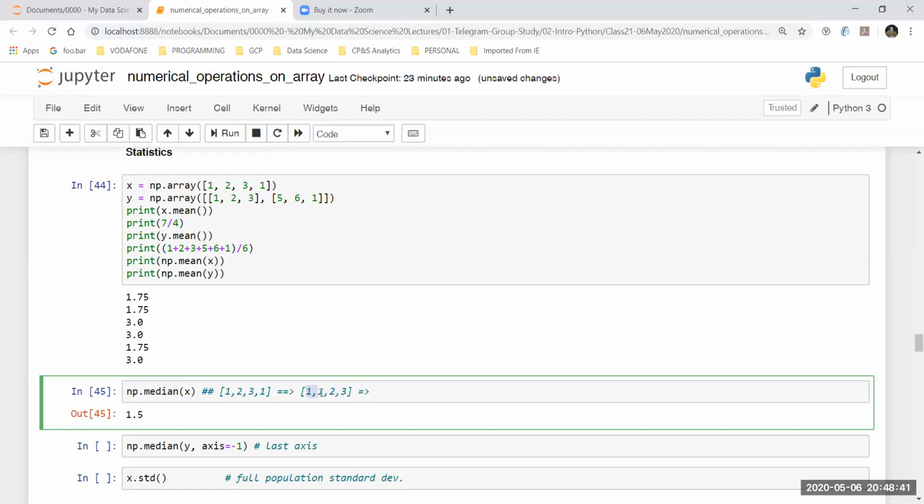In this case, I see how many number of elements are there. Number of elements is equal to 4. Is this an even number? The answer is yes. If this is an even number, I take the middle two elements, which in this case is 1 comma 2. So I take 1 plus 2, and then I divide the sum of these two numbers by 2. Right, so this is equal to 3 divided by 2 or equal to 1.5. So this is how a median is calculated.